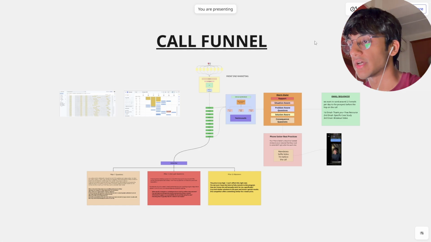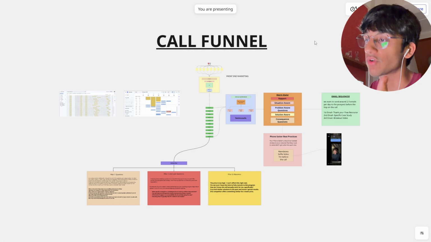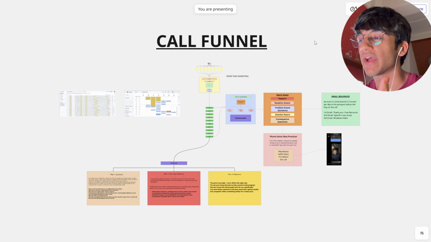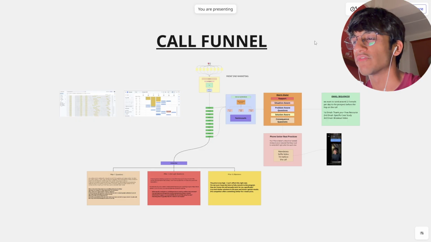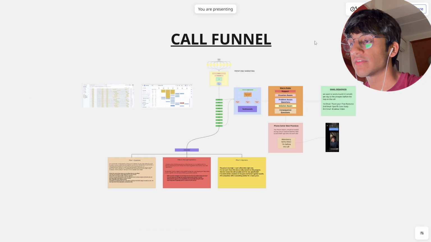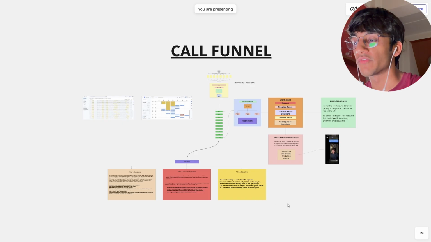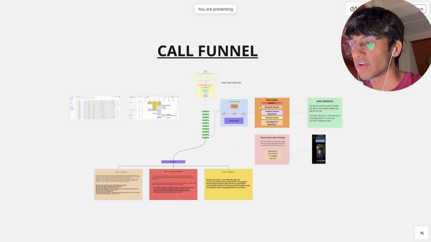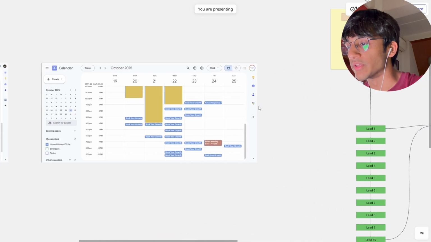If you're a coach, consultant, agency owner, or you're selling any sort of info product and you're looking to explore other avenues of client acquisition, and ads is something that you're looking forward to, then running a very simple call funnel is one of the best stepping stones into ads. It's one of the easiest funnels to build out, and it can literally fill in your calendar with qualified